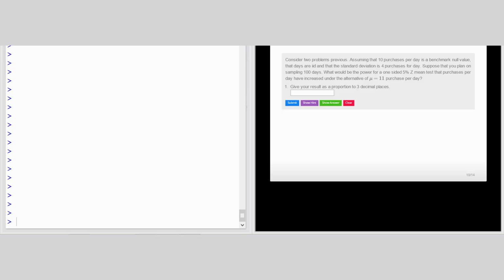Okay, so this next problem talks about power, and I'm just going to kind of type my way through it. You can read the problem. So it basically says you have H0: mu equal to 10 versus Ha: mu greater than 10. Okay, that's our hypothesis that we're working with. And in this case, n is 100, and the standard deviation is 4. I'm sorry, 4. Okay, so we have all that information, and we want to talk about what's the power